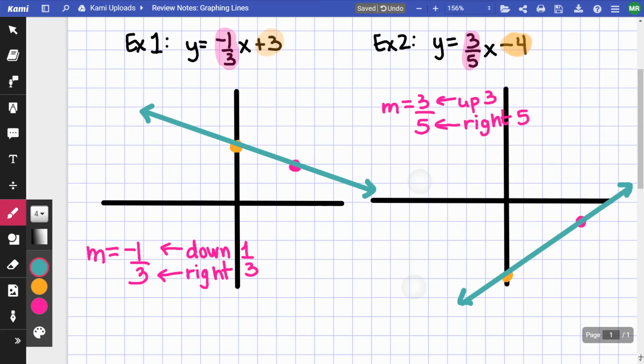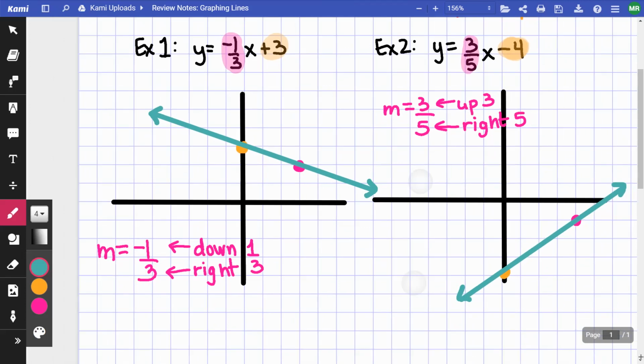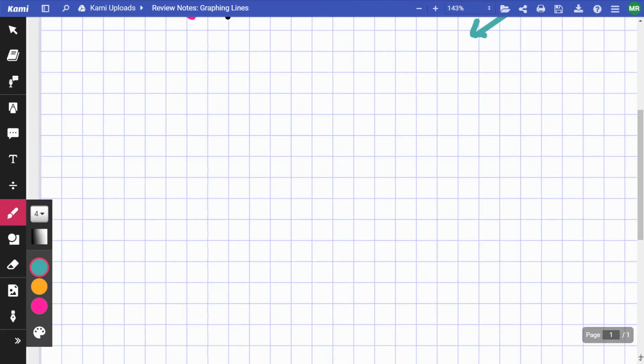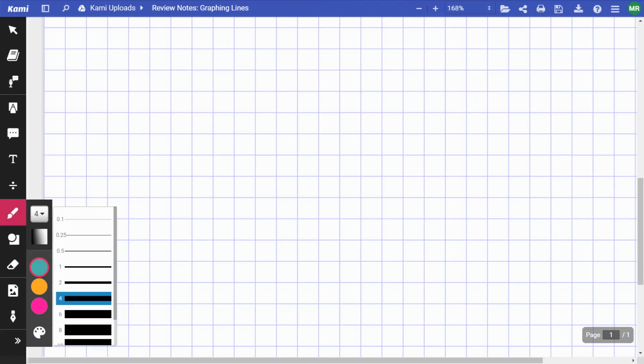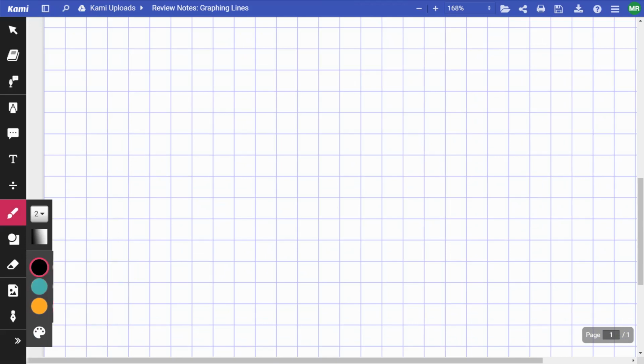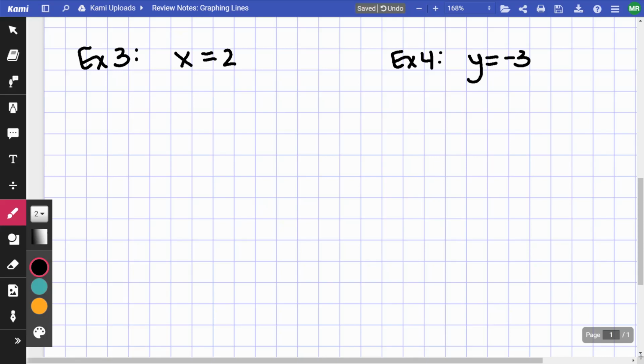Now, sometimes it's going to be just x equal a number or y equal a number. So we need to make sure we understand how to do those. So for these next two examples, let's say, for example 3, we have x is equal to 2. And for example 4, we have y is equal to -3. So when I graph this,